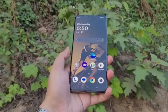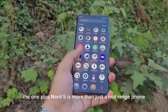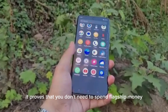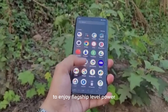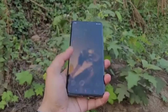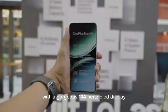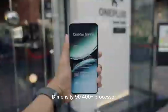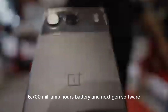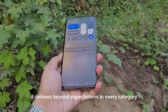The OnePlus Nord 5 is more than just a mid-range phone, it's a statement. It proves that you don't need to spend flagship money to enjoy flagship-level power, premium design, and smart features. With a gorgeous 144Hz OLED display, Dimensity 9400 Plus processor, 6,700 mAh battery, and next-gen software, it delivers beyond expectations